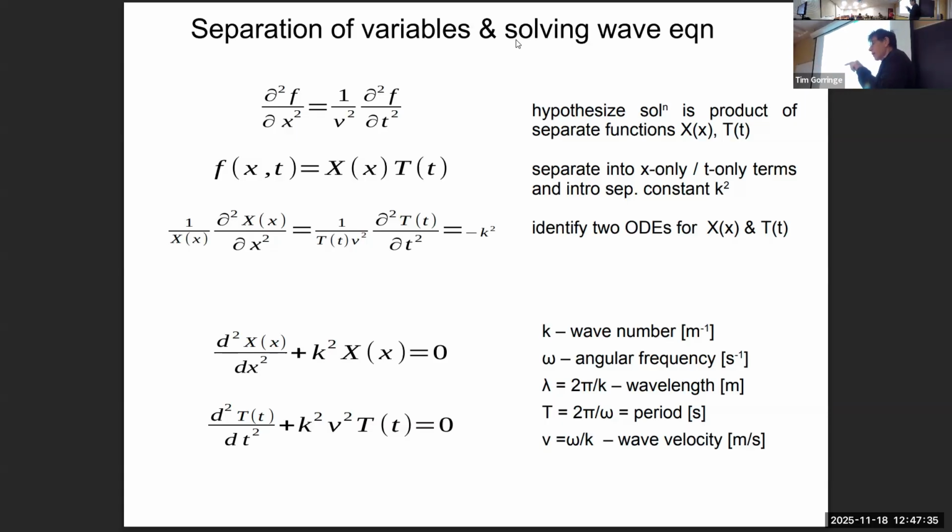Of course, if I'm plugging them into the spatial derivative, then the function that depends on time can just be pulled out of the spatial derivative because it's independent of space. And likewise, if I'm plugging them into the time derivative, the part that is a function of space can be pulled out of the time derivative because it's independent of time. So I did that, and then I divided through by the product of the two functions themselves. And when you do that, you discover